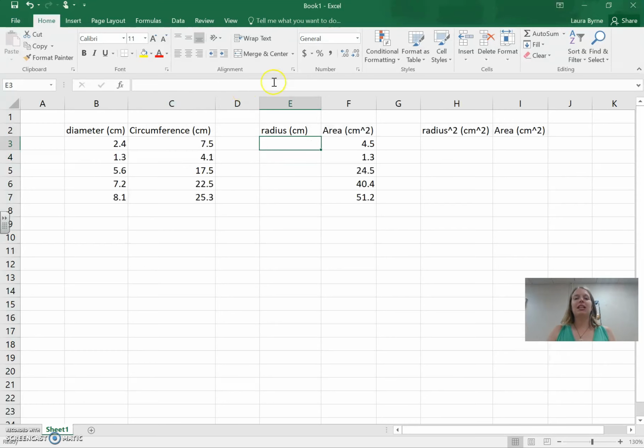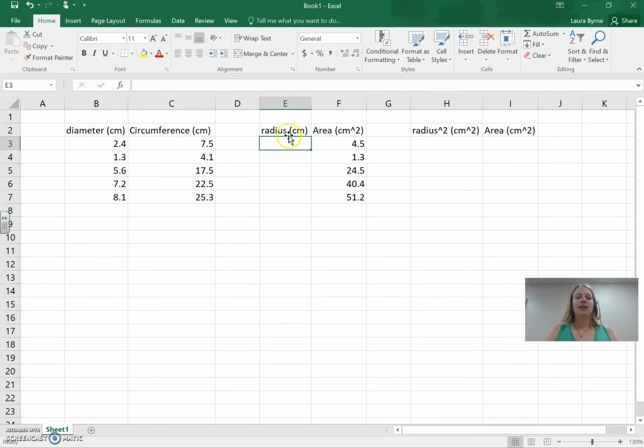But what we're interested in here is getting the radius. So we'll say equal sign. We want to take our diameter, which is in cell B3, meaning column B, row 3, and divide it by 2. And this is a useful way to set this up because it allows this cell to really be dependent